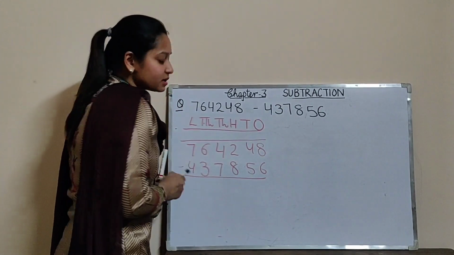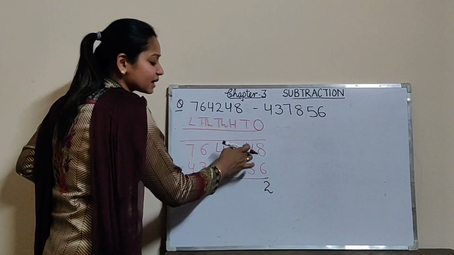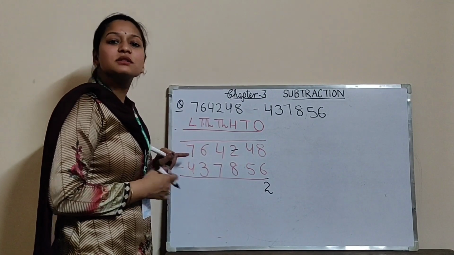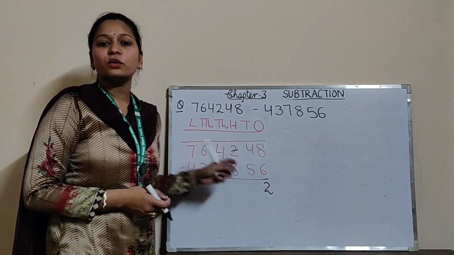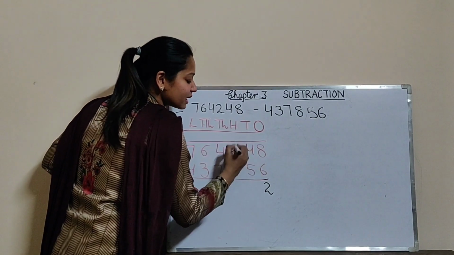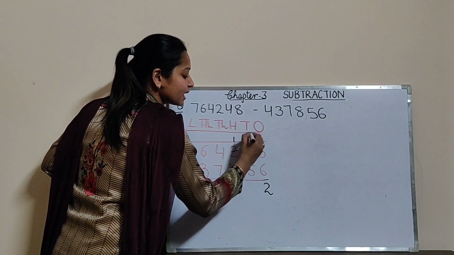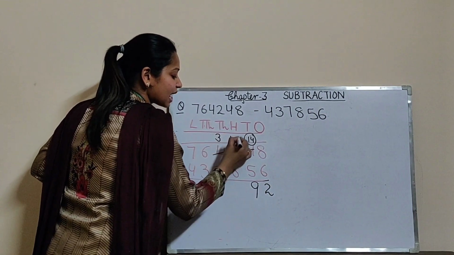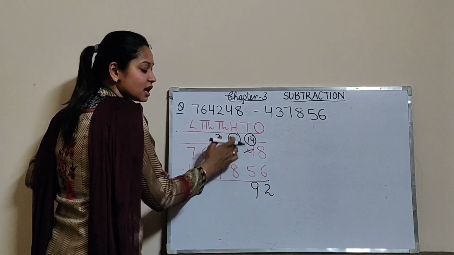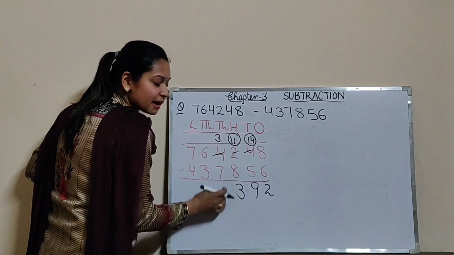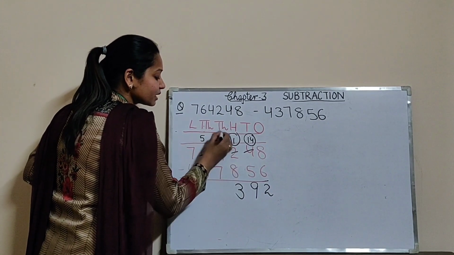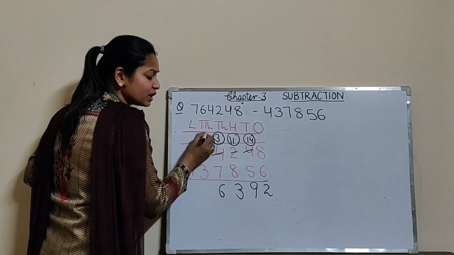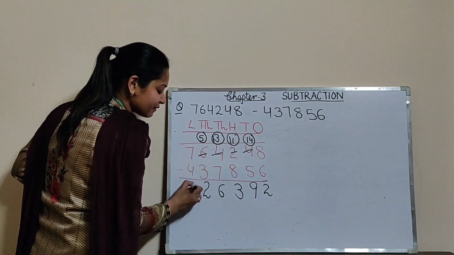8 minus 6 we can do? Yes, we can easily do. 8 minus 6 is 2. So simply we'll write it. 4 minus 5 we cannot do. The number with more digits works the same way. It's just that earlier there were 4 digits, now 6 digits. 4 minus 5 we cannot do. So this will become 1 and this will become 14. So 14 minus 5 is 9. 1 minus 8 we cannot do. So again this will become 3 and this will become 11 because it has given 1 to this. 11 minus 8 is 3. Again 3 minus 7 I can't do. So I'll borrow from here. So it will become 13. 13 minus 7 is 6. And here 5 minus 3 we can do. So we need not borrow. 5 minus 3 is 2 and 7 minus 4 is 3.